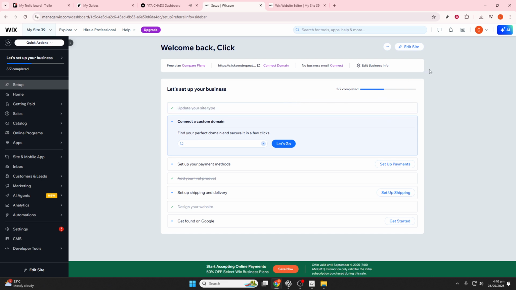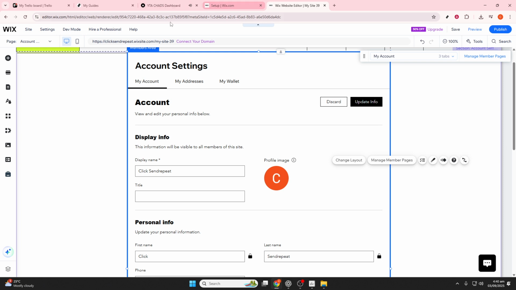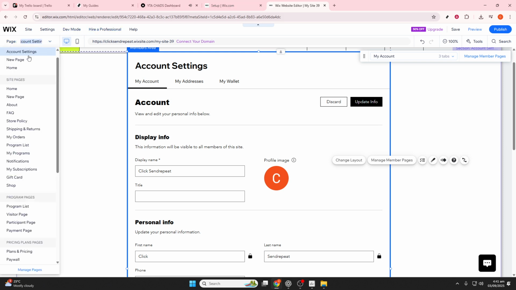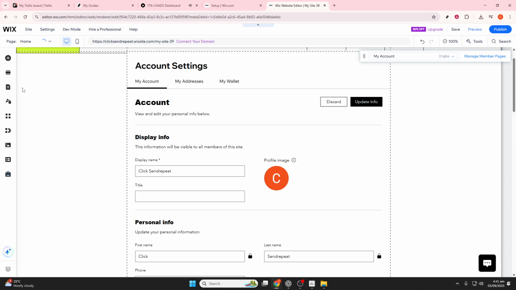After logging in, you'll arrive at your dashboard where all your sites are listed. Go ahead and find the website where you want to add subscription services and click Edit Site. Now, before moving forward, ensure you have both Wix Stores and Wix Paid Plans installed, as they are crucial for